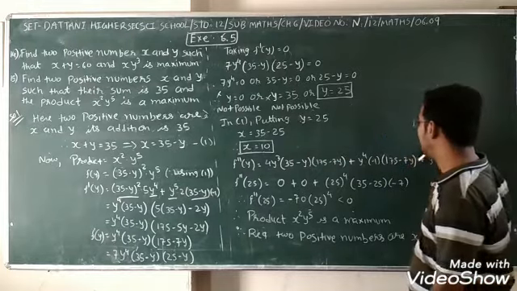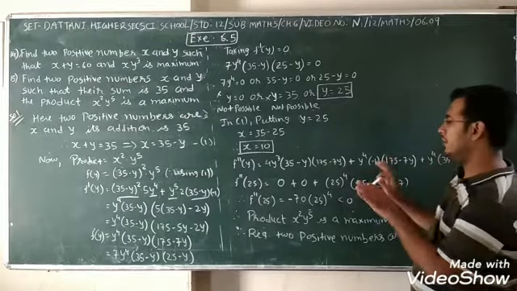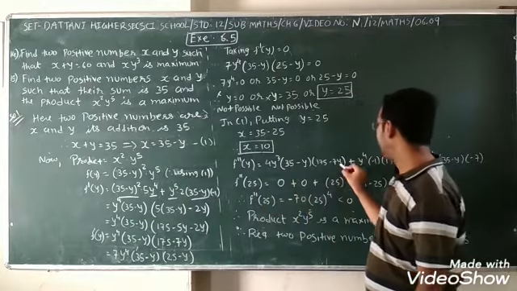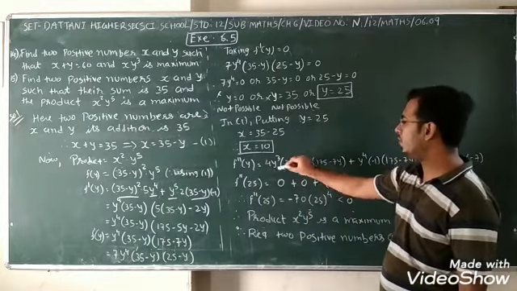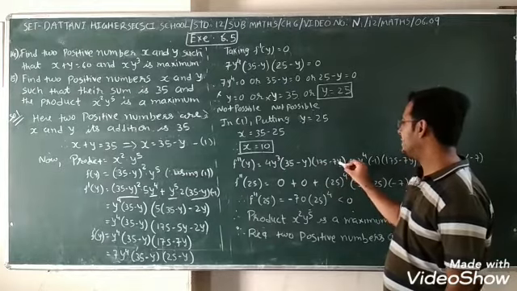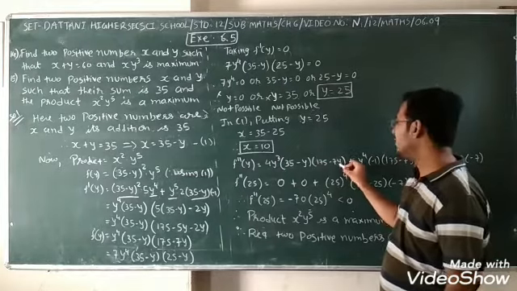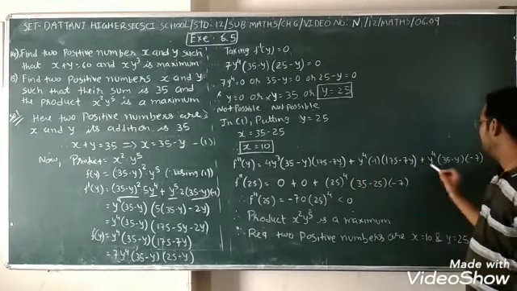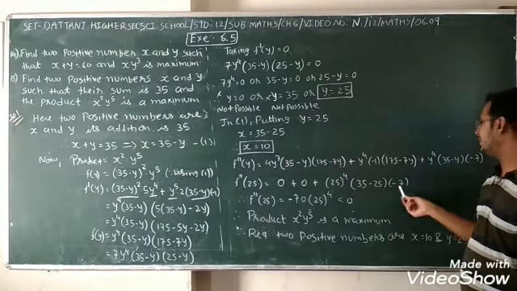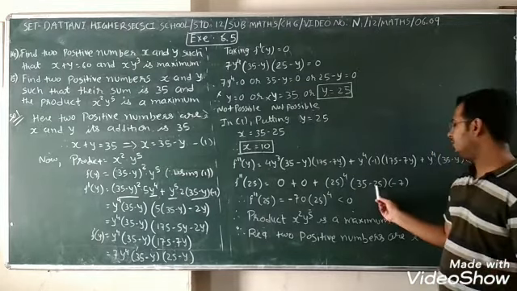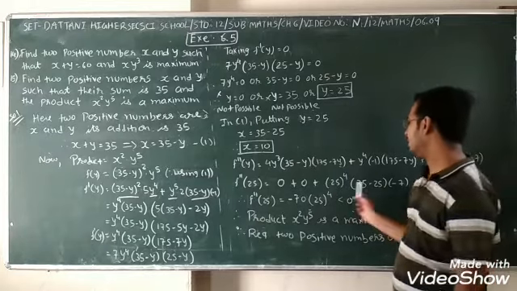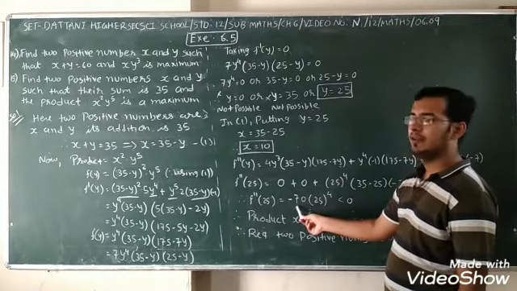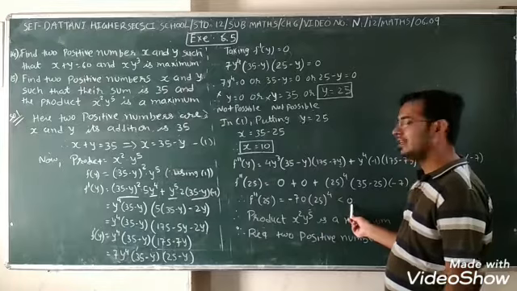I don't want to solve this because it is too large. Okay, so remain as it is. Putting 25, we have to put it in all of this. Here 7 into 25 is 175. 175 minus 175 is 0. Then the whole term boils down to 0. Similarly here, 0. 25 raised to 4, 35 minus 25 into minus 7. Subtraction of both gives 10. 10 into 7 is 70, so minus 70 into 25 raised to 4. It is positive, negative, plus minus. So we get less than 0.